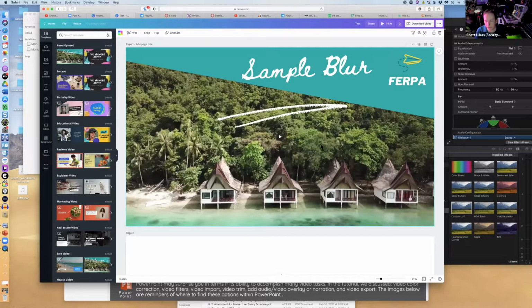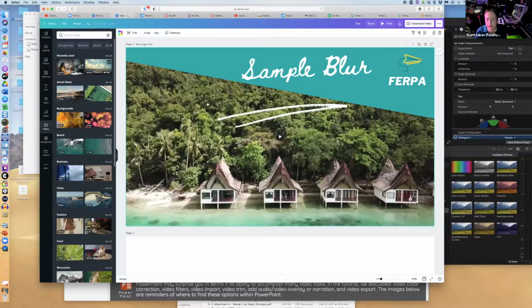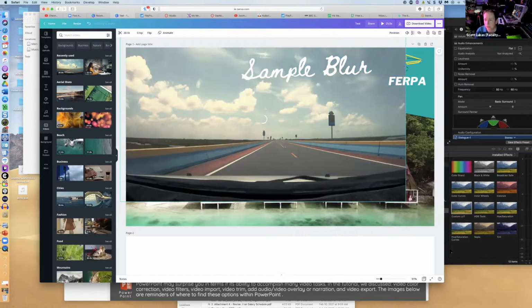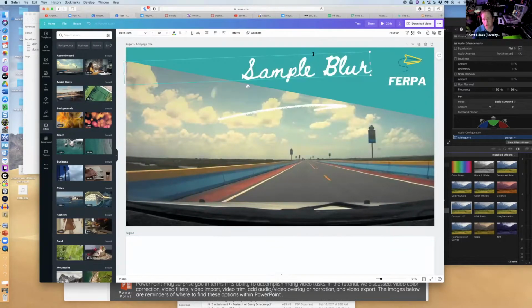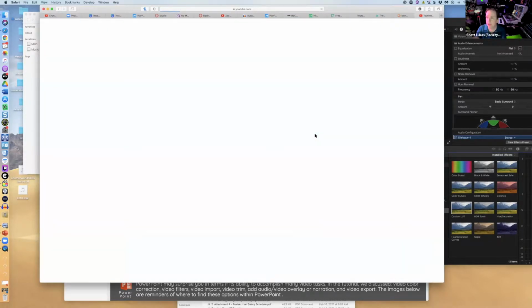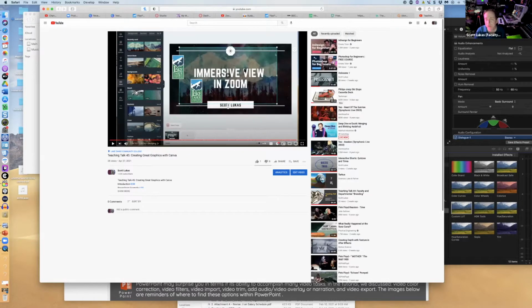So if I wanted to, I could delete that video. I could go to the video tab. Again, I can find something new. I could insert that. And it's super easy to use, and everything is customizable. I can change the text, I can change the font, and I kid you not, if you spend about half an hour, you can get started. I do have a video on Canva that you can check out that takes you through the entire site, everything that you can do. And so I won't mention it again, but if you're interested,